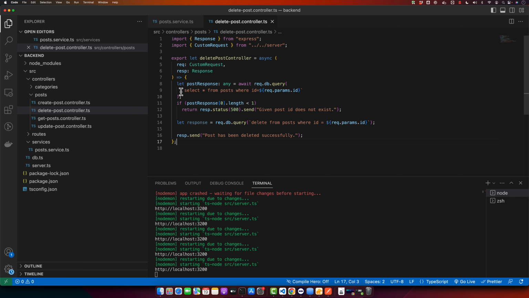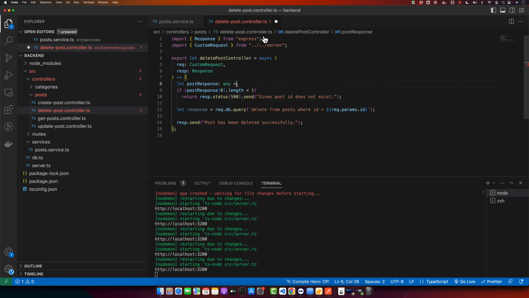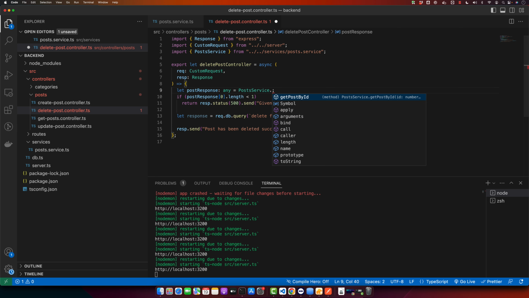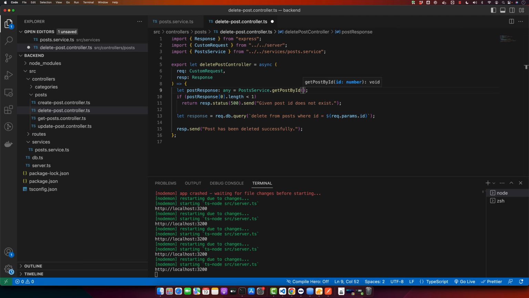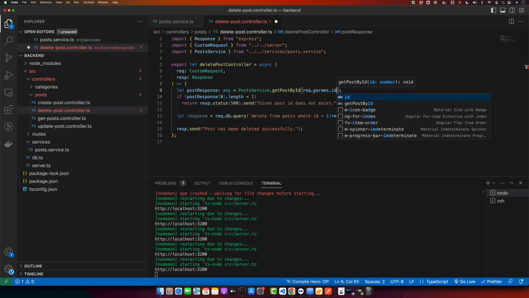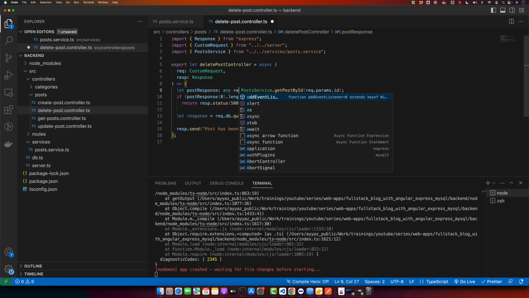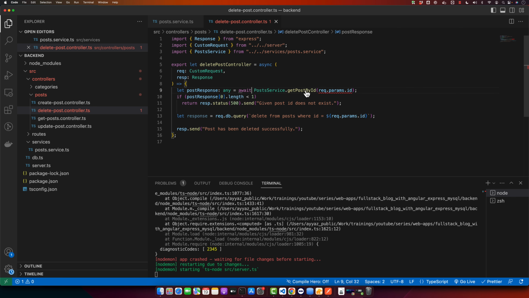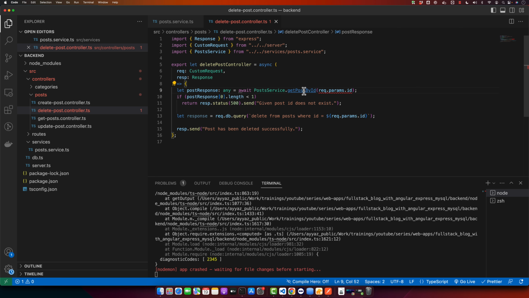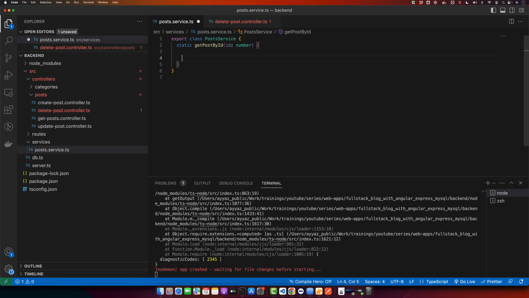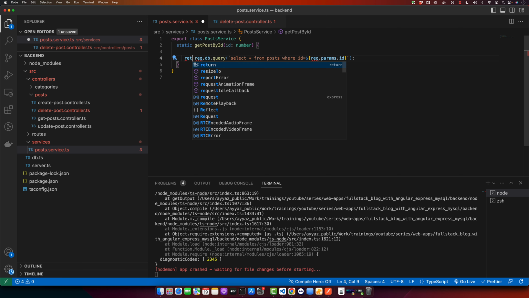So this is the query that we are using to get post by ID. I will move this query there. So cut this code from here, and here I will use that service, PostService.getPostById. Here I will give it the ID. So request.params.id. Now I will use await here and go back to this function, and here I will paste this, and I will return this query,